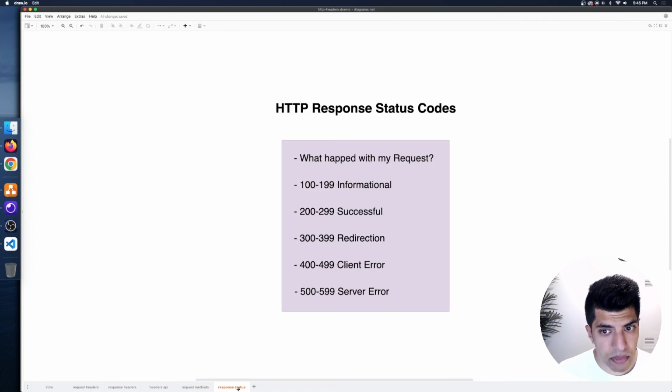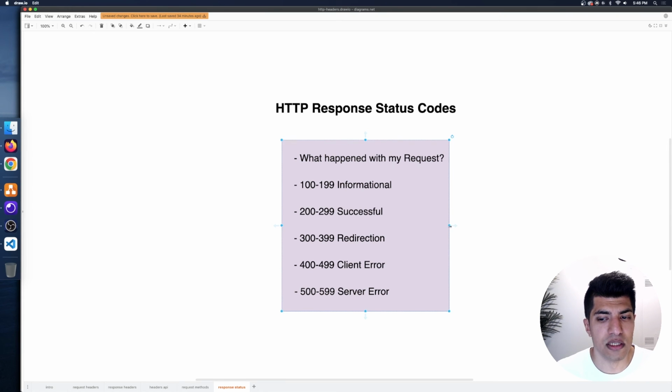Okay. Now, we'll go over these in detail in their own videos, but hopefully that's a good overview for you. To wrap up the video, I do want to go over the status codes. Now, the status codes are almost like the opposite of the method to some degree. It kind of tells us what happened. I have a typo in here. What happened